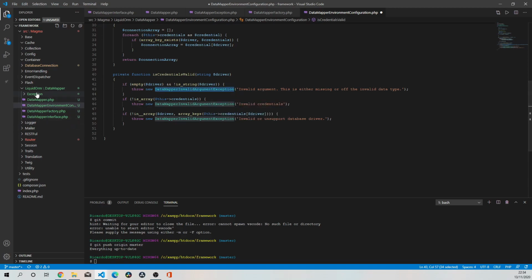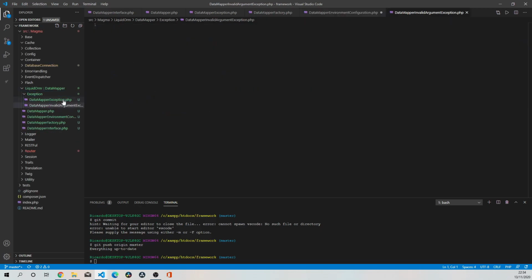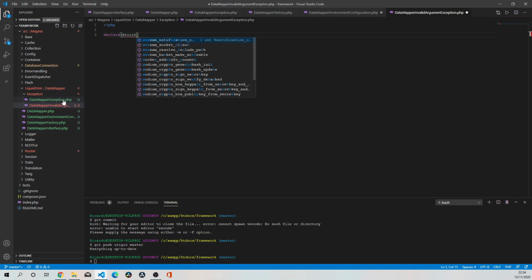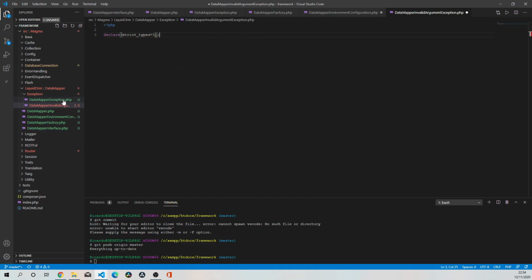which is what we can go and create now. So I'm going to copy the name, I'm going to say a new file and paste that in .php, open that, let's create that. So declare strict types one, namespace Magma DataMapper Exception, and just say class, paste that in again, and this time we're going to extend a different SPL,